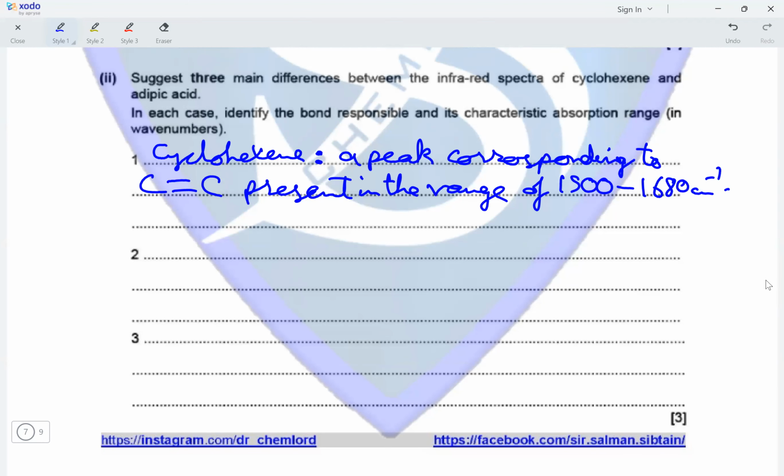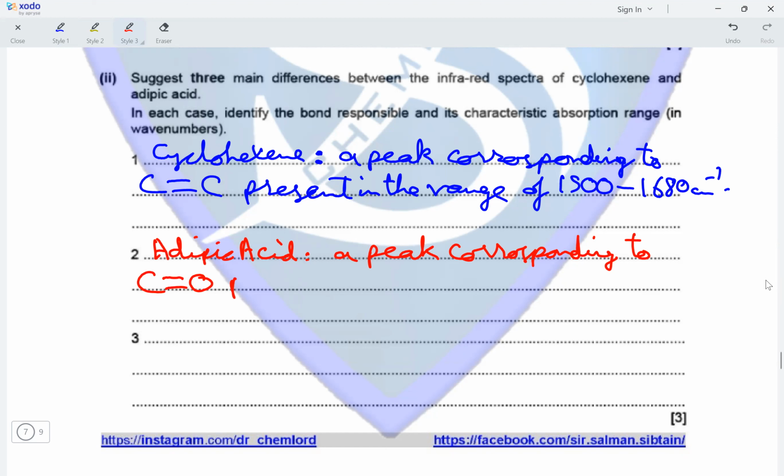And the other one is a carboxylic acid. So for adipic acid, a peak corresponding to C double bond O should be present in the range of 1670 to 1740